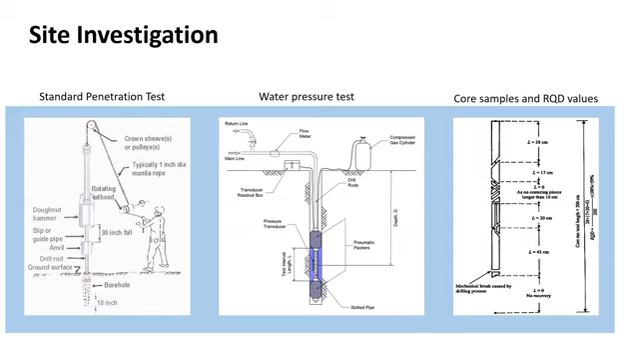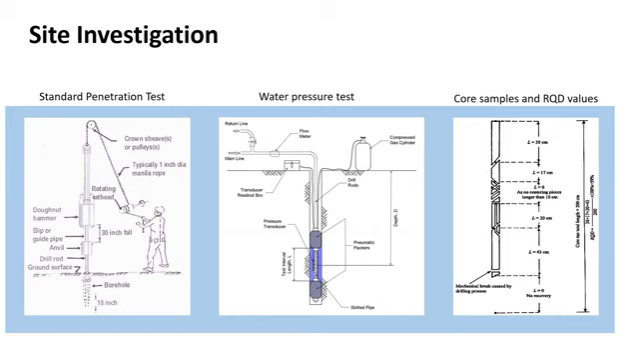Finally, we have done the core sampling through drilling. For these samples, we got the rock quality designation. This indicates how intact the rock mass is. Higher RQD means fewer fractures and better rock quality, which guide us in deciding where and how extensively to grout. Together, these tests gave us a comprehensive picture of both the soil and rock conditions, which allowed us to tailor